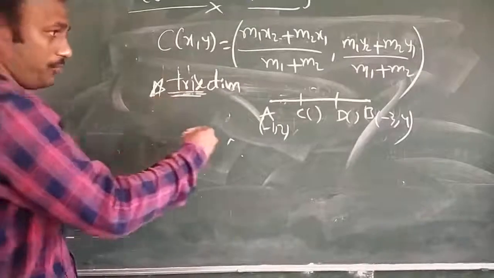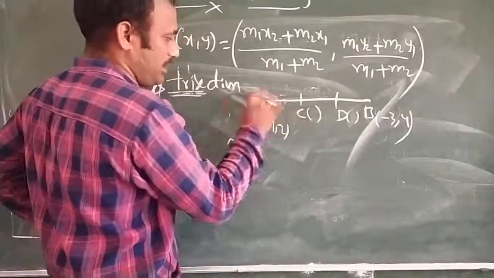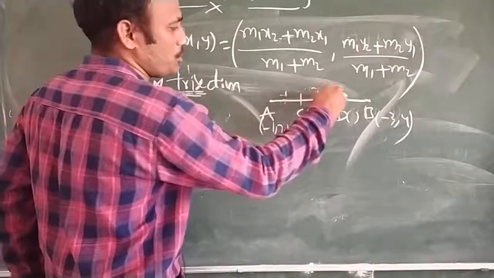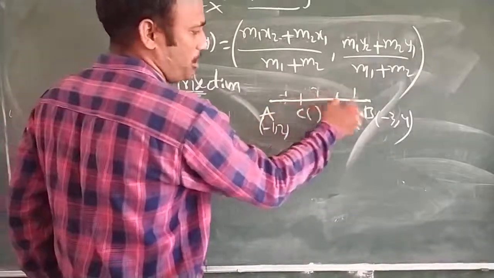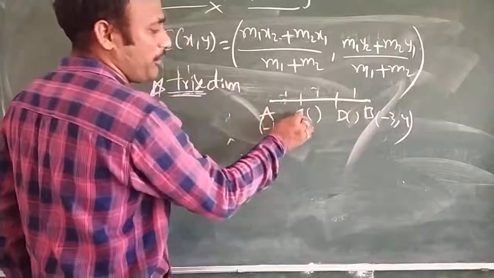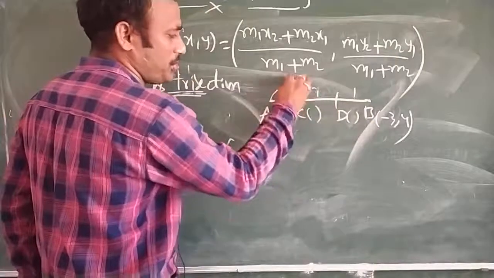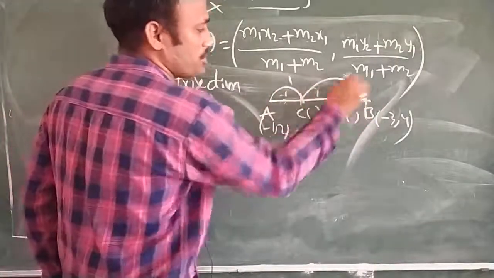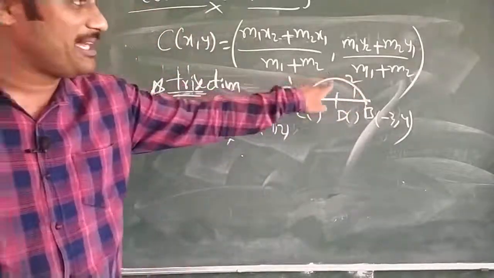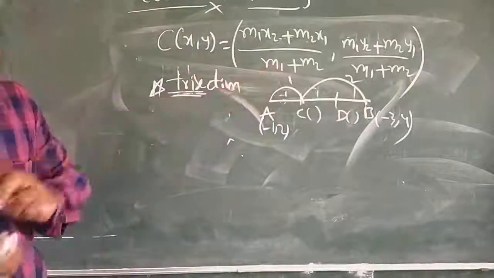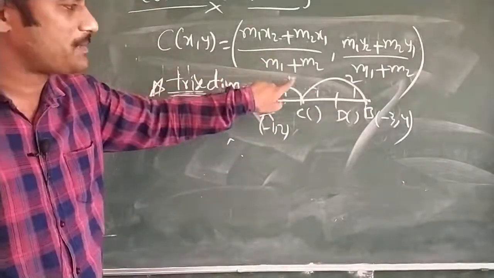Trisection and a few other things are there. So he is saying trisection, equal parts 1, 2, 3. I am dividing from here to here 1 unit, from here to here also 1 unit, and here to here also 1 unit. If I want the C point, from A to C it is 1 unit, from C to B it is 2 units. So what ratio is it dividing? It is dividing in a 1:2 ratio. The line is being divided in a 1:2 ratio. So in the section formula, I need to substitute 1:2.